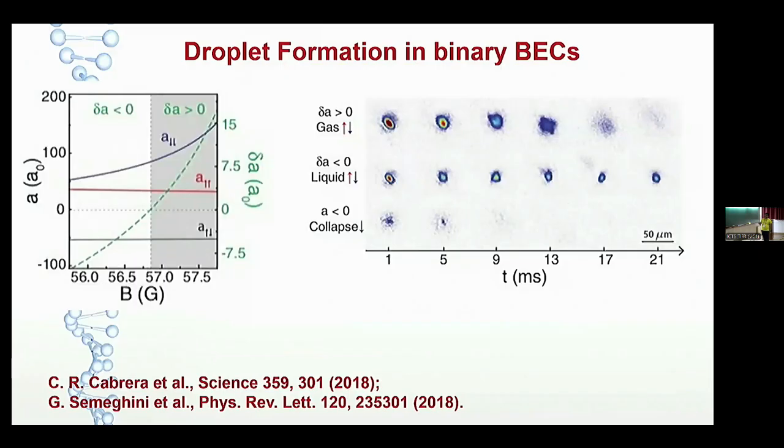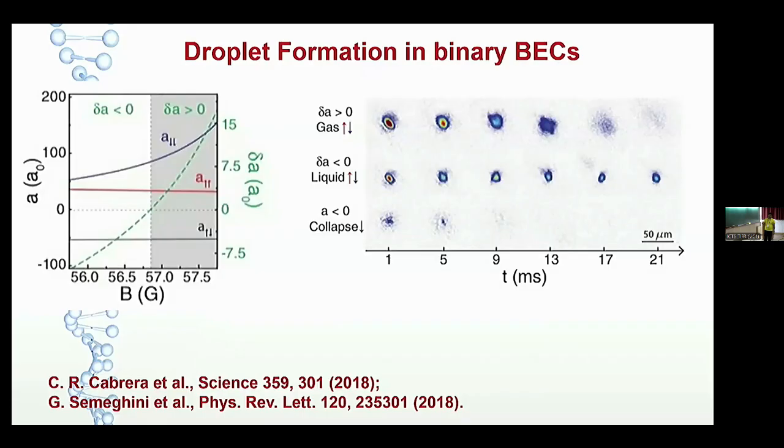So this corresponds to the scattering length between the down-down hyperfine states, and this corresponds to the scattering length between the up-up hyperfine states, and this with the up-down. So what we see here is delta a, which is the difference between this